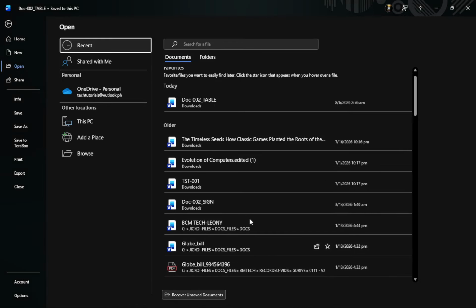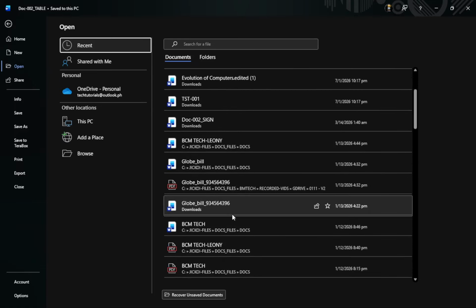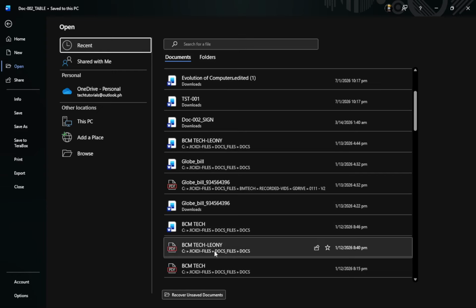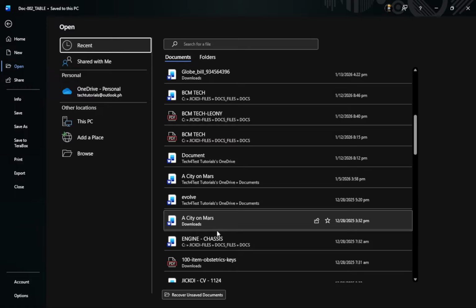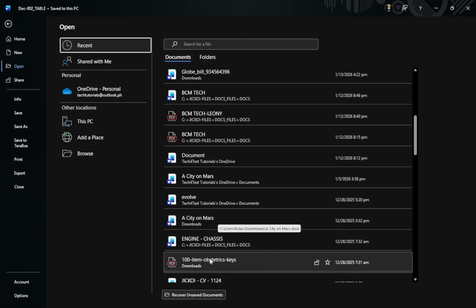Here is a key detail to avoid confusion. This action removes the document from Word's recent list. It does not delete the actual Word file from your computer. If you open that file again from File Explorer or another folder, it will show up back in the recent list because Word tracks documents you open.